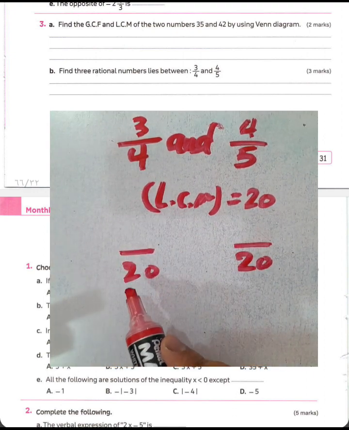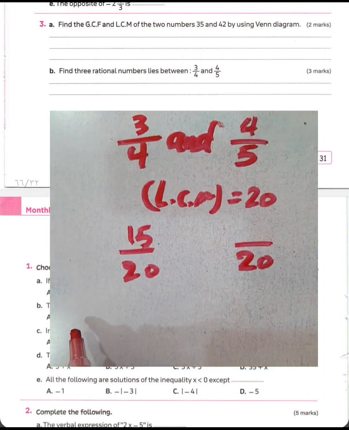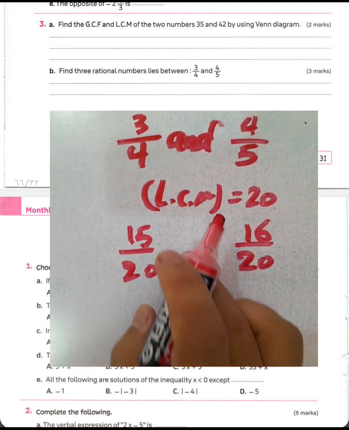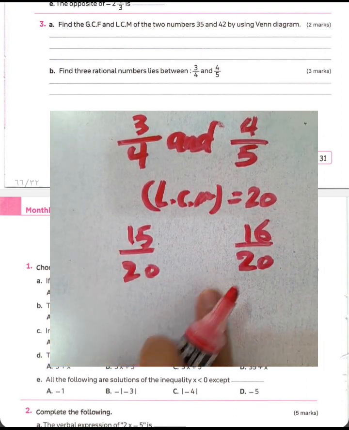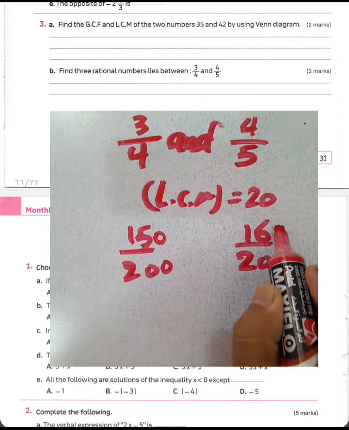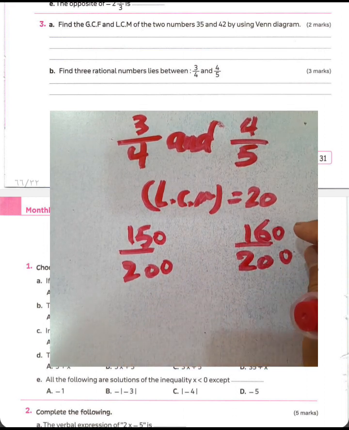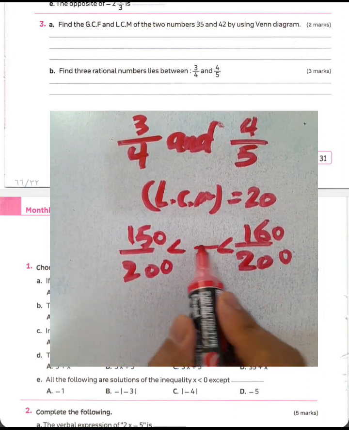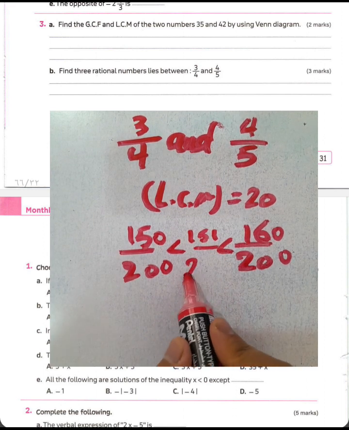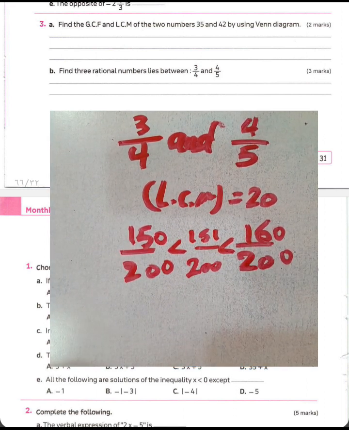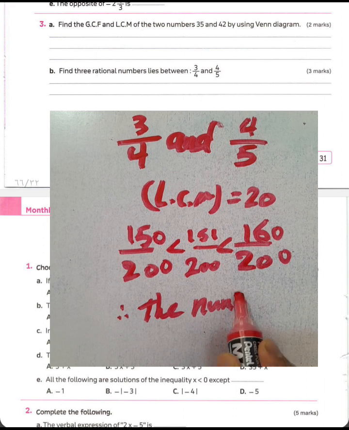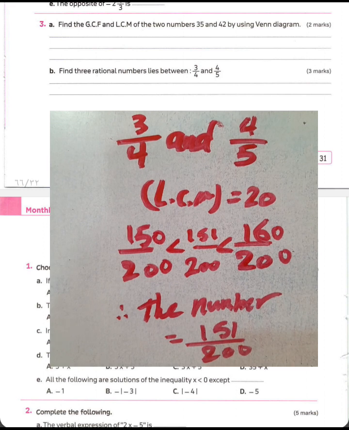4 times 5 equals 20. 3 times 5 equals 15. 4 times 5 equals 20. 4 times 4 equals 16. We don't have any number that lies between 15 over 20 and 16 over 20. You can multiply by 10 the numerator and denominator here. Multiply by 10 the numerator and denominator. You can find any number that lies between them, such as 151 over 200. Okay, then the number will be what? 151 over 200. Okay,